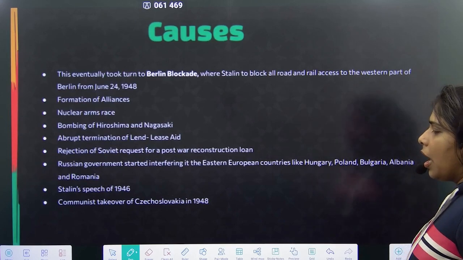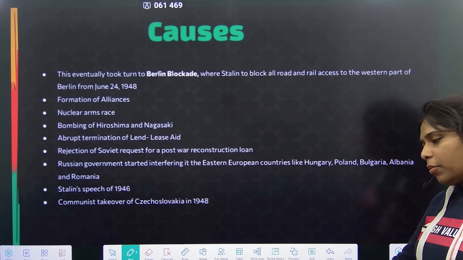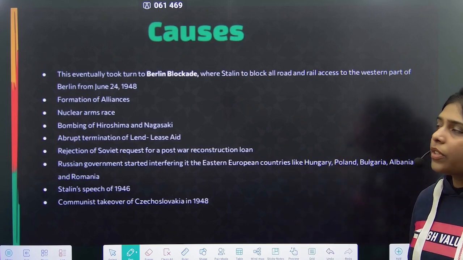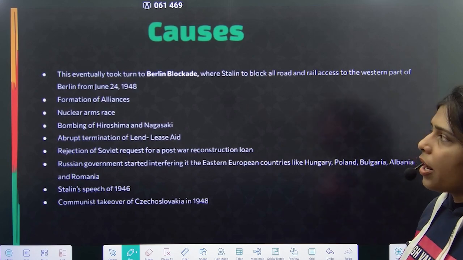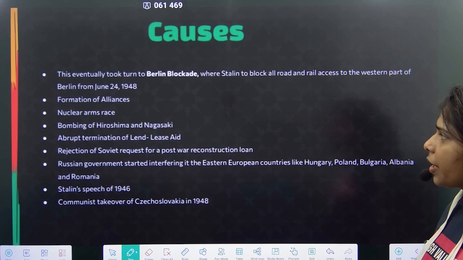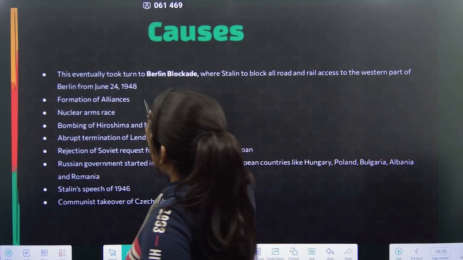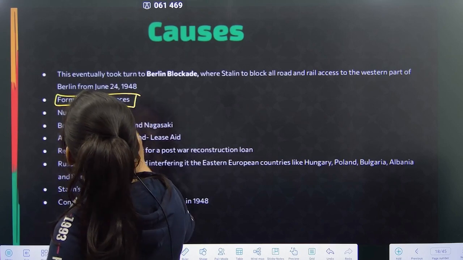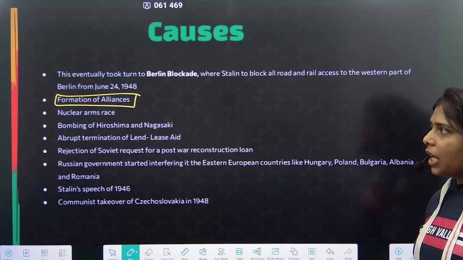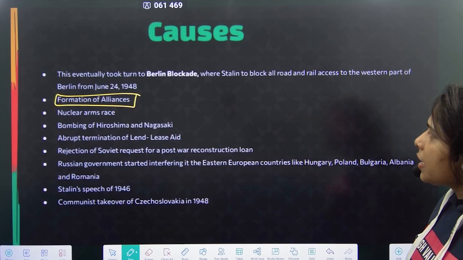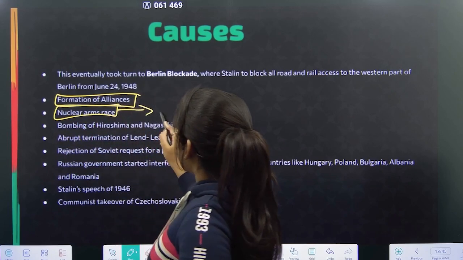Now, when Stalin got so angry, he actually led to the Berlin blockade. Berlin blockade we will take in a while. Okay. He blocked all the road and rail access to the western part of Berlin. Let's take it in a while. Okay. But we saw formation of alliances on the Western Bloc. Okay, they were coming together, and simultaneously we also saw a nuclear arms race, especially after the bombing of Hiroshima